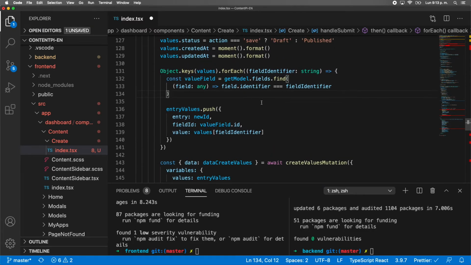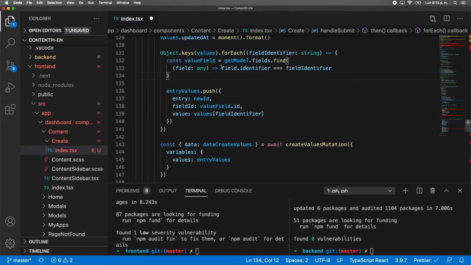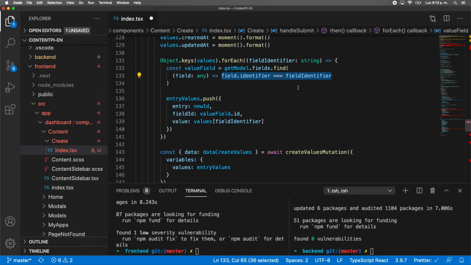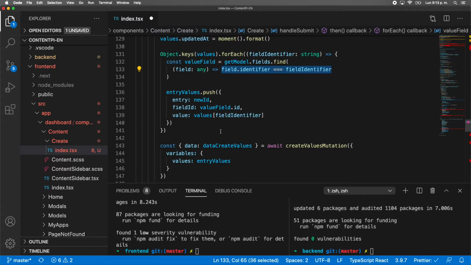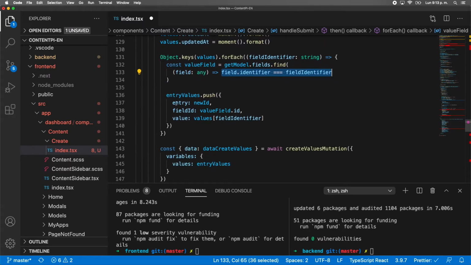So then basically a value field, we get it from getModel.fields.find. So you need to find that looking for the identifier. And then the entry values, in here, the entry is gonna be the new ID that we generate with UUID. The field ID, we need to get it using the value field, because remember that in the last video we inserted